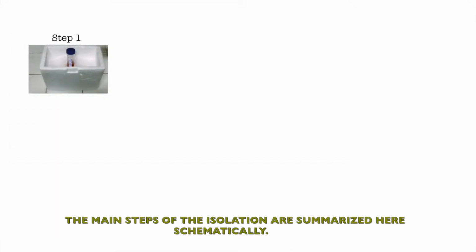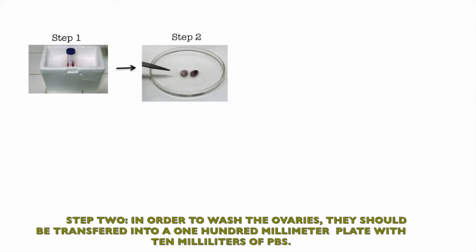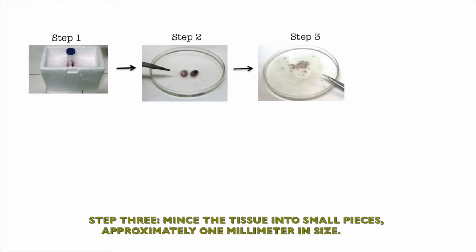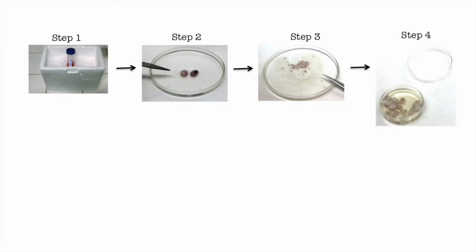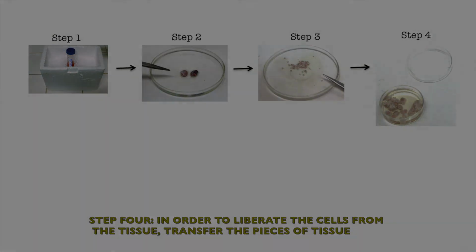The main steps of the isolation are summarized here schematically. Step 1. After castration, transfer the ovaries into sterile tubes with PBS on ice. Step 2. In order to wash the ovaries, they should be transferred into a 100 mm plate with 10 milliliters of PBS. Step 3. Mince the tissue into small pieces, approximately 1 millimeter in size. Step 4. In order to liberate the cells from the tissue, transfer the pieces of